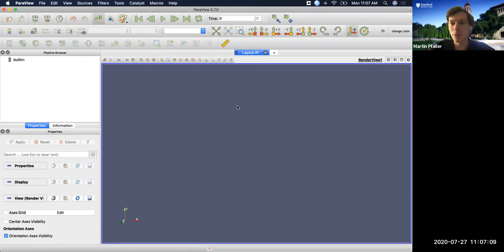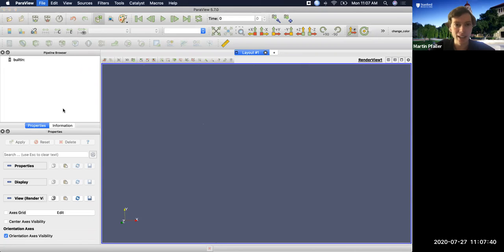So I have opened Paraview, which is an open source software and is capable of high performance post-processing. You can even run it on a remote high performance computer and do all your expensive post-processing there, and then attach to the server and look at your results locally. So it's a very capable software, which can sometimes make it a little bit confusing. But in the next couple of minutes, we'll just focus on the most basic features to look at our